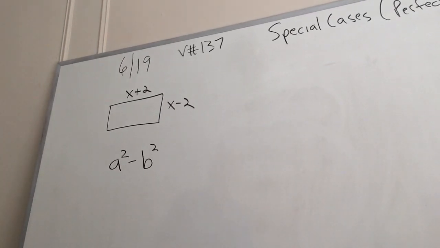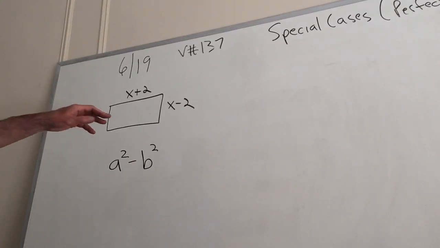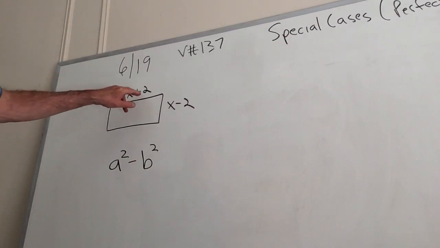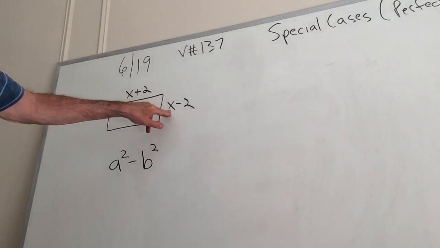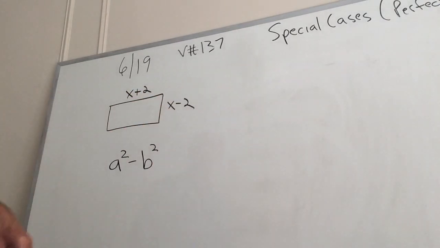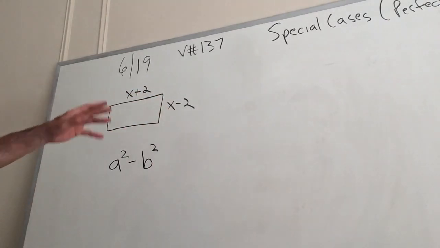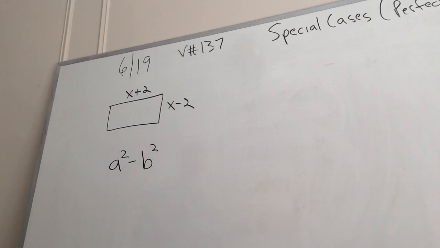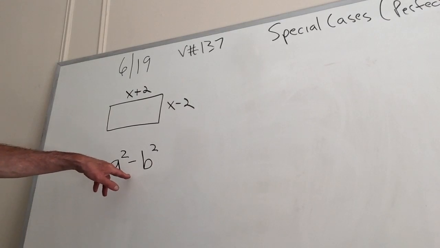So I'm going to show you a rectangle here, and one side is some number plus 2, and the other side is the same number minus 2. And this configuration makes the middle terms go away, as was explained before, and it's of particular interest to the Regents. Okay, so I'm going to FOIL this out, and I'm going to come up with something that will match